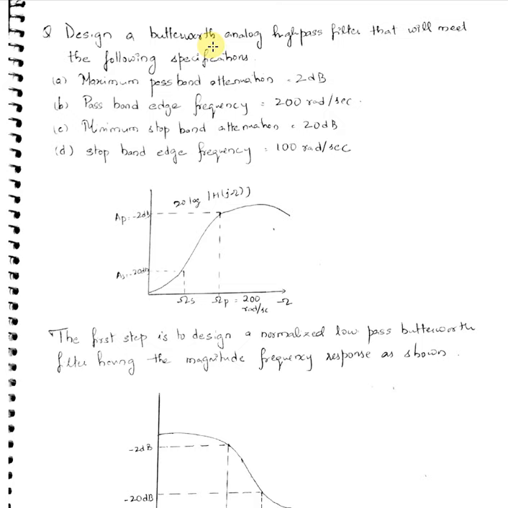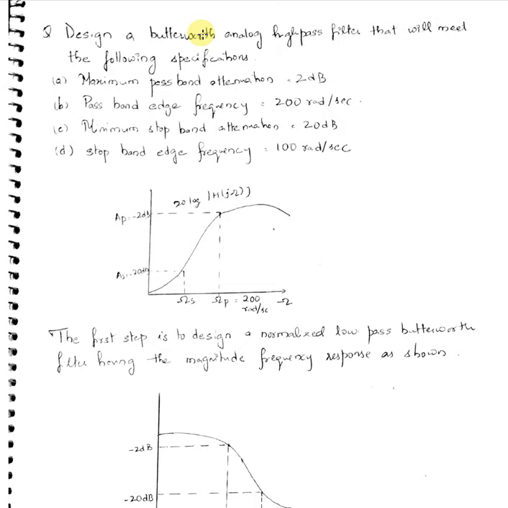Clear? Like in the previous problem, they had not mentioned it directly whether it is Butterworth or Chebyshev. I think rather they had mentioned that as monotonic frequency response, from which we understood that it was nothing but a Butterworth. So we would of course require a filter design procedure, correct? And you have those two design procedures with respect to the Butterworth and Chebyshev. So any filter that you are going to design out of the four filter types, in order to design it, you would be making use of either the Butterworth or Chebyshev method.